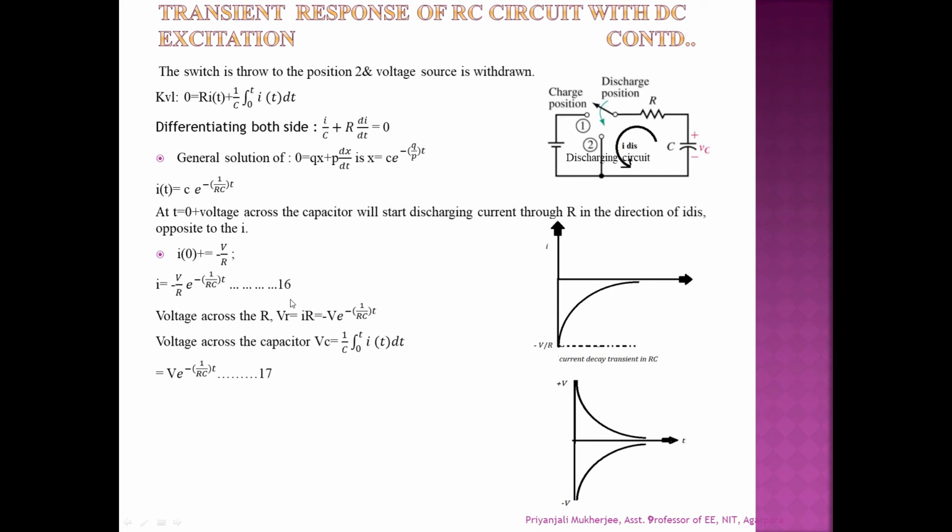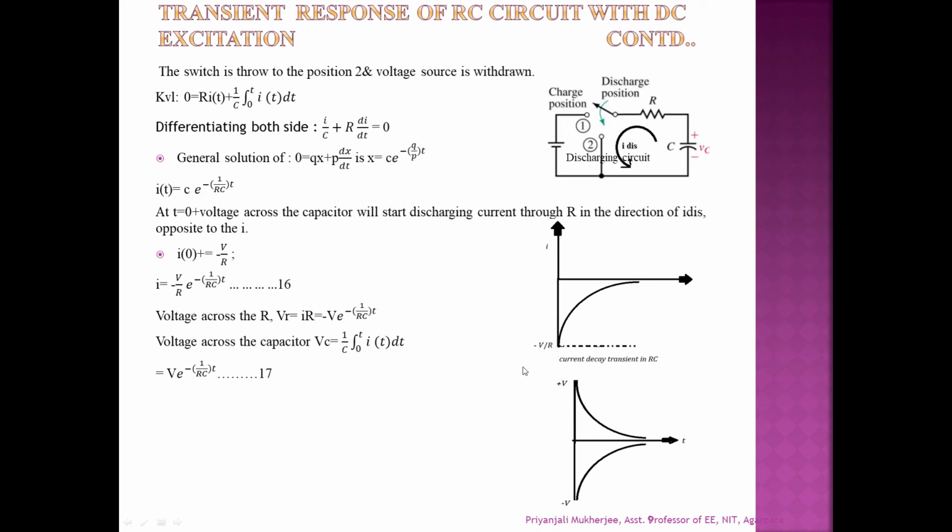So I0 is equal to minus V divided by R, and if we put that, I becomes minus V by R e to the power minus 1 by RC into T. So the voltage across the resistor VR is minus V e to the power minus T divided by RC. That means it is a